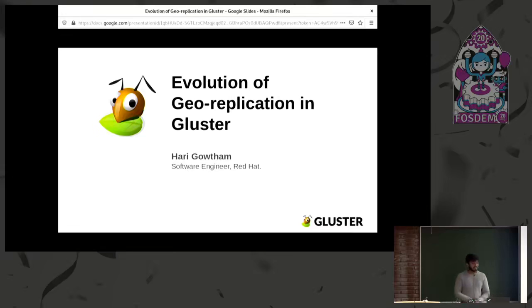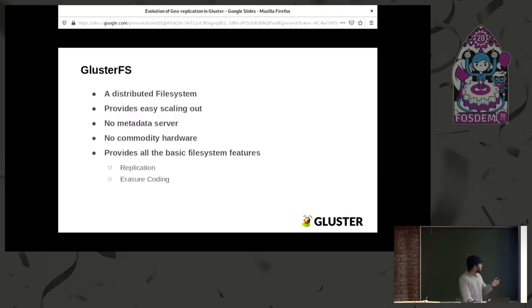Good morning, people. So I'm going to talk about the evolution of georeplication in Gluster FS, and to start with it, I'll give a brief idea about what Gluster is so that you can understand the rest of the talk. Gluster is a distributed file system with no single point of failure. We don't have a metadata server, and that's how we achieve this no single point of failure. And it provides easy scaling out, and it can run on any commodity hardware. You don't have to buy boxes to run Gluster, and it provides other basic file system features like replication, erasure